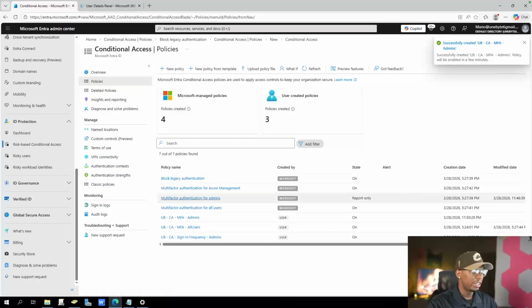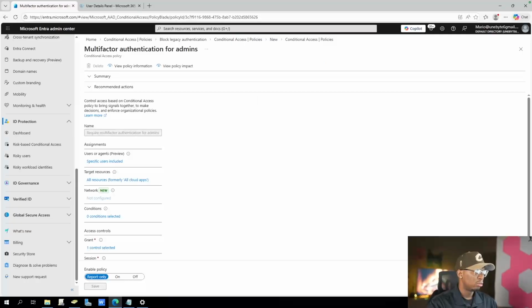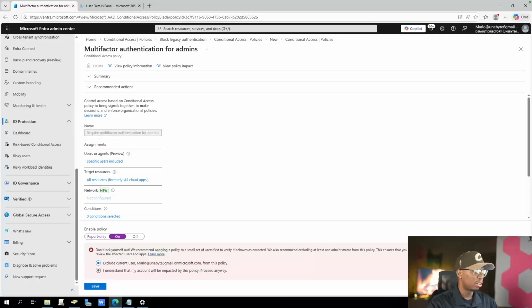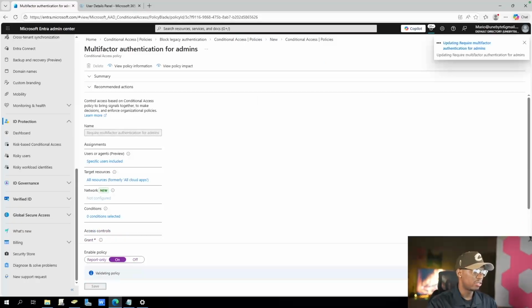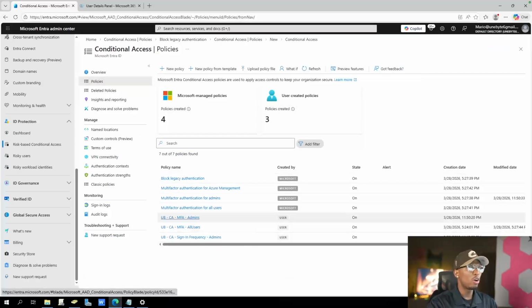And then we're going to go back here, enable this and put it back on. I understand. Okay, save. Okay, now we basically have MFA for all admins, and then we also have phish resistant